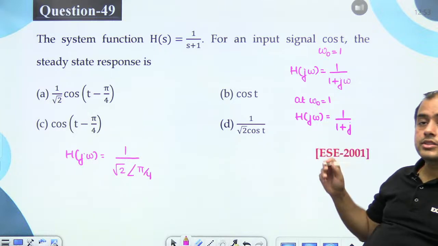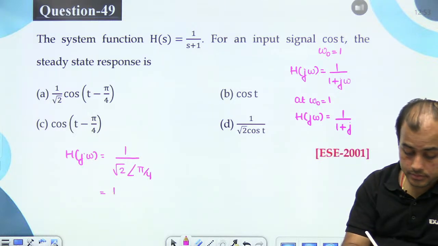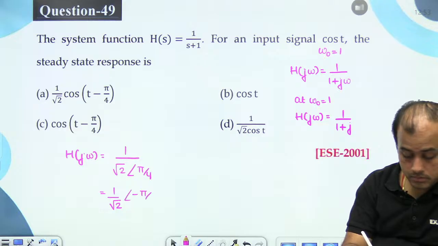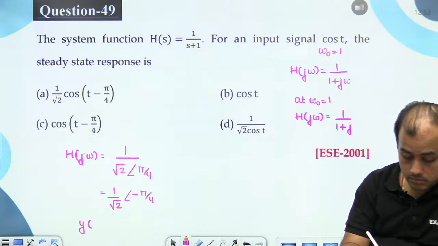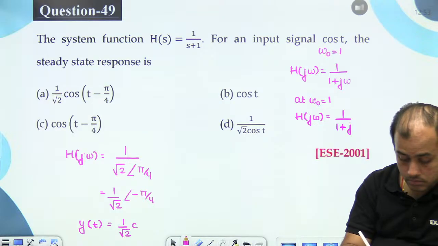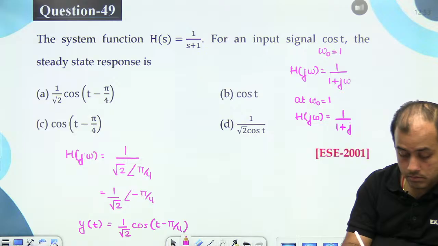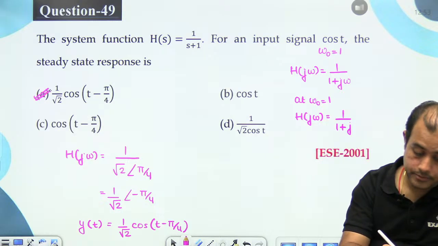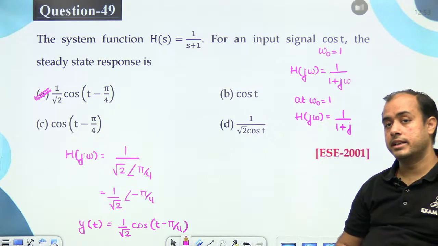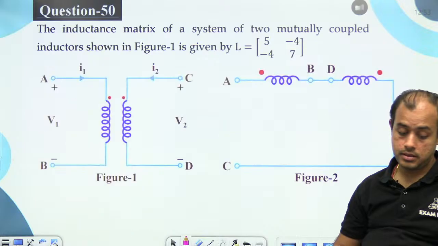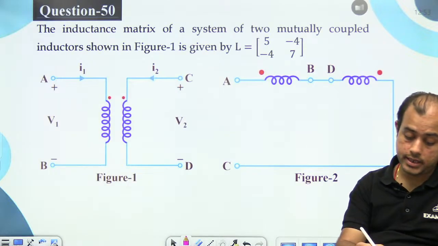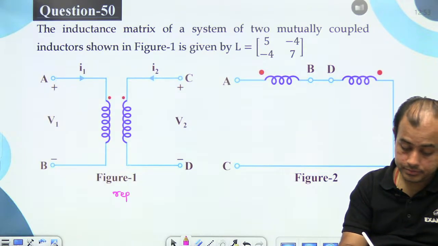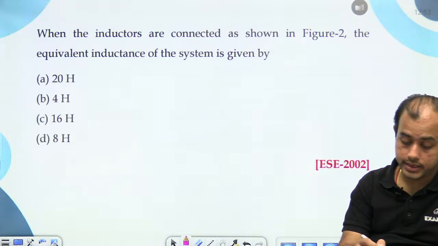This is in the first quadrant. 1 by root 2 cos t minus pi by 4. ठीक है, ये वाला तो हो ही गया रिपीट। करेक्ट, 20 हेनरी आ रहा था इसका।